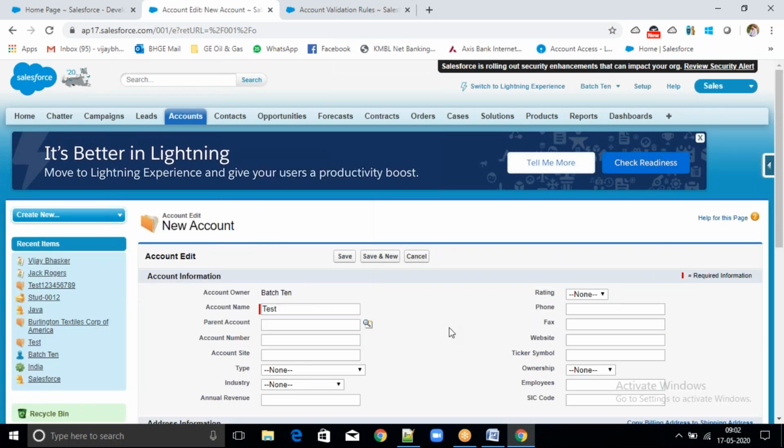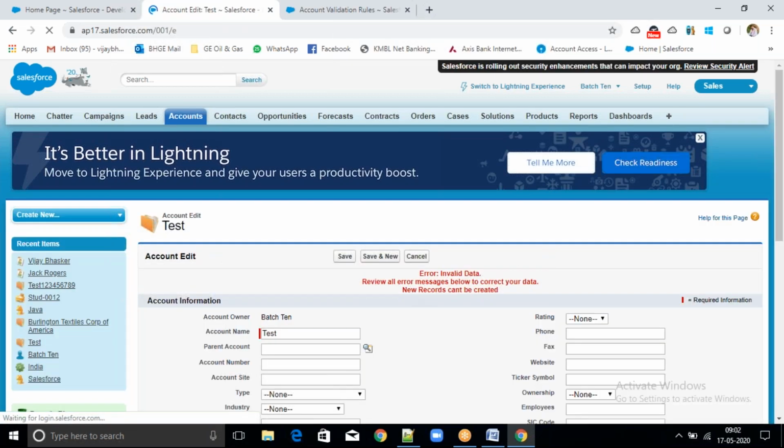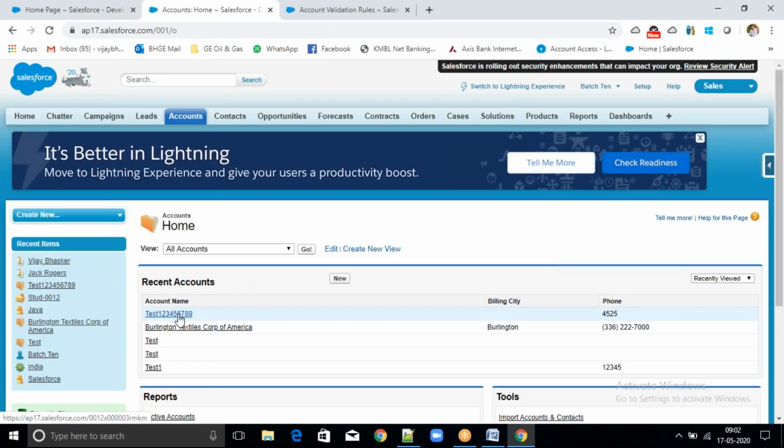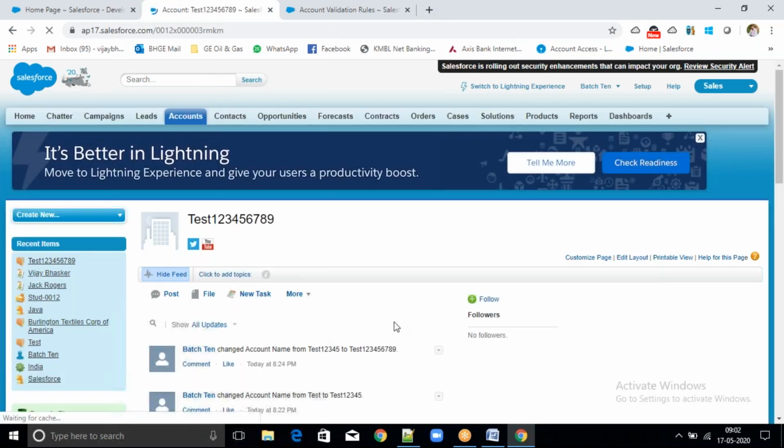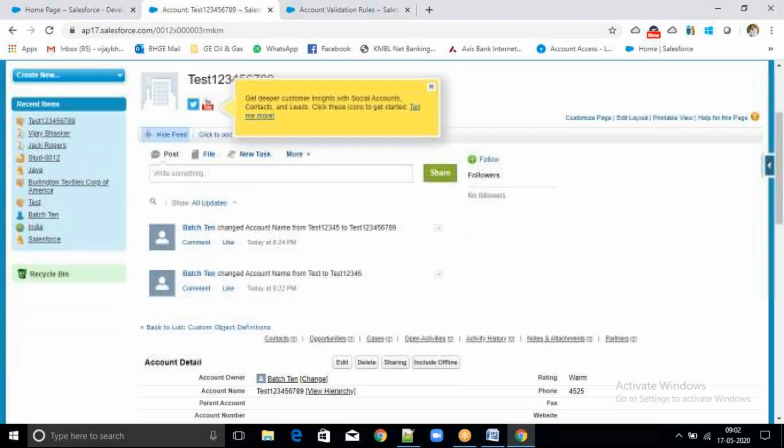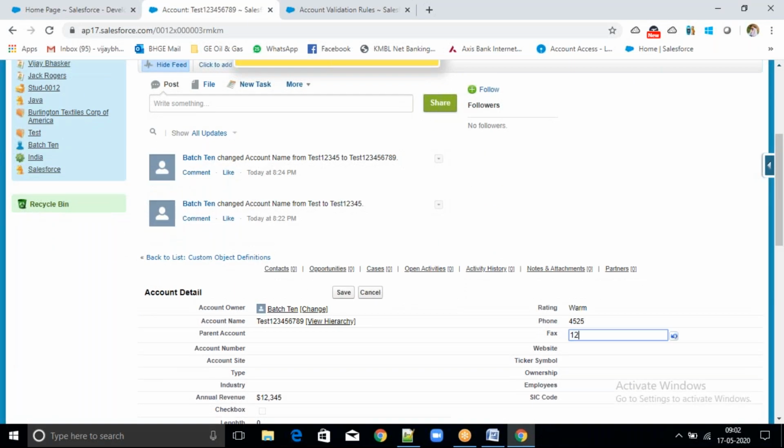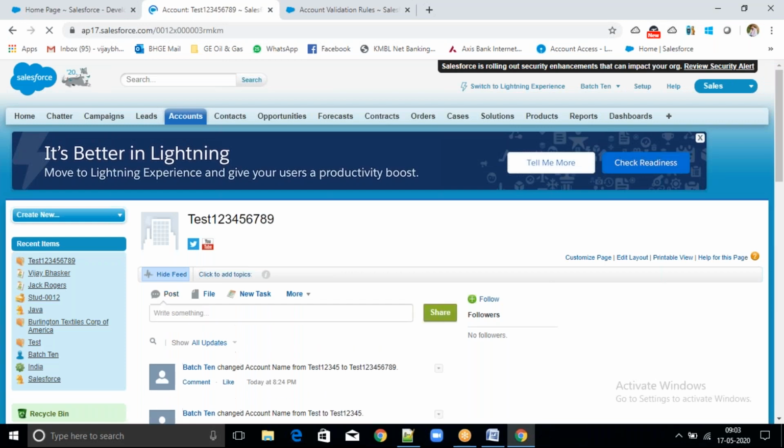There we wrote the validation is new. It will check whether this record is new or not. This record is new or old one? New. See, new records can't be created. If you want to update anything, go to the existing records and update anything. It will not give any error, because this record is not new, because this record already exists in the database, right? It means this record is not new.